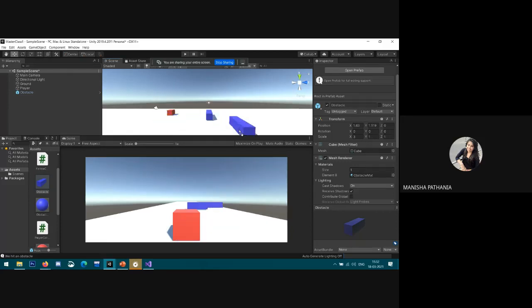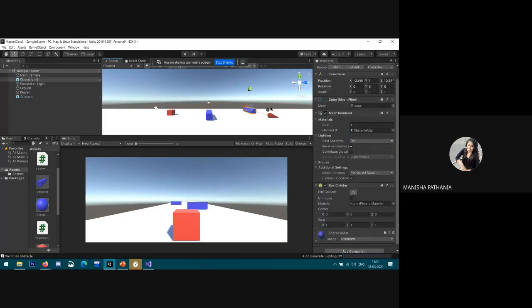Where I want to place it, I can place it. If I want to place it in this position, I can simply drag and drop it on the ground in the scene. What is the importance of prefab here?